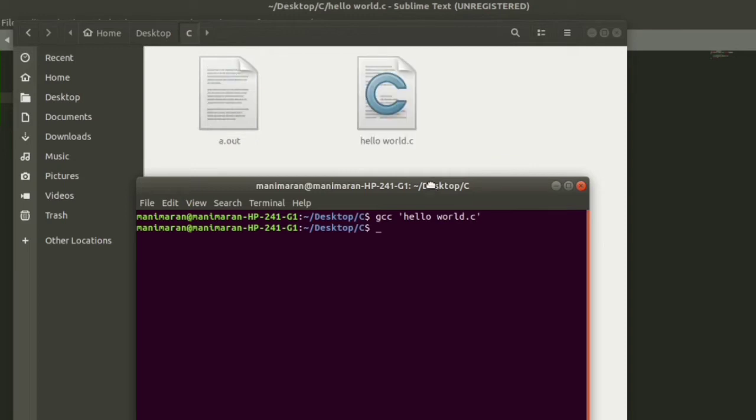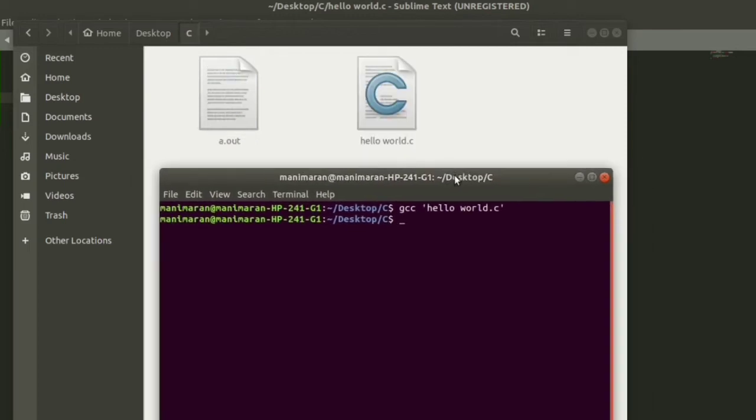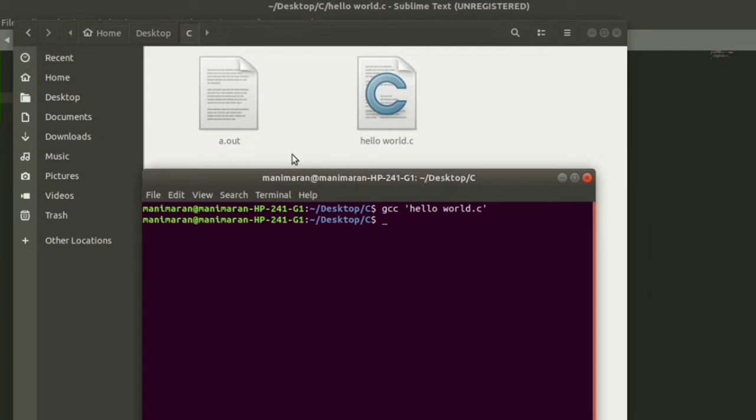After the compilation is done, the C compiler generates the a.out file, which is ready to execute on the command line. To run it, we prefix it with dot slash followed by a.out. In order to execute our helloworld.c, we must run the a.out file. Here's the result: hello world.